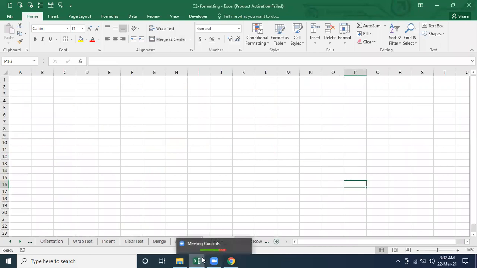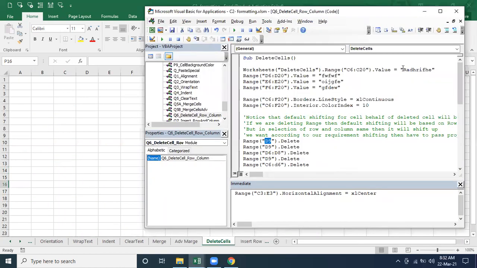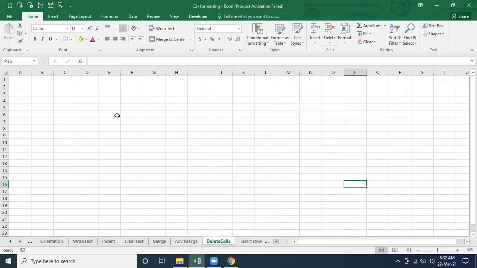Now I'm making it right. The thing is, let's say if I'm going to assign some value, if I'm going to pass some value here, and I'm going to make it what? The delete option is there, range dot delete. So what is it going to delete? D9 only or something different? And if it's going to delete the D9, let me pass some value here.